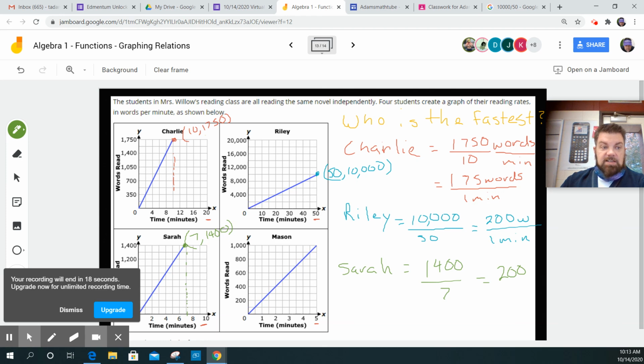And then lastly, we have Mason, and I'm not going to write Mason's all the way out. I'm just going to tell you that Mason is about 200 as well, because he has 1,000